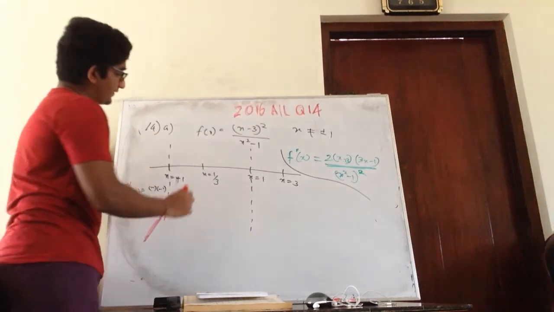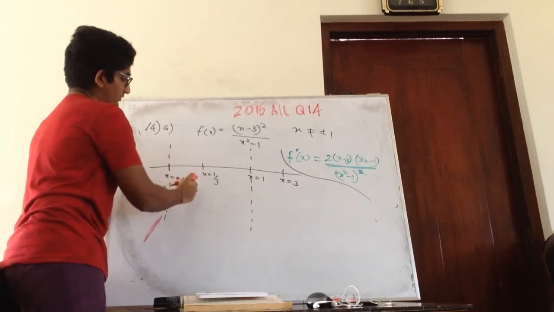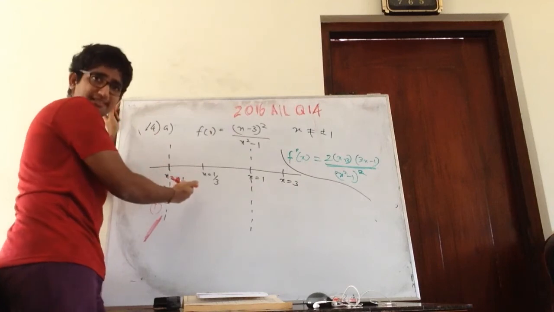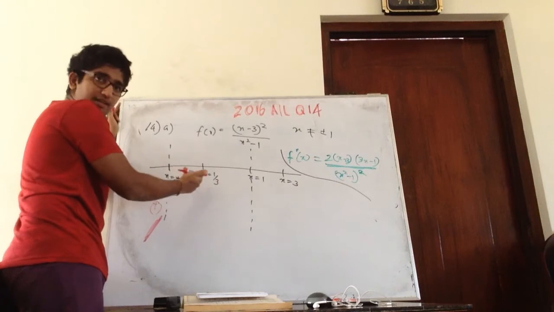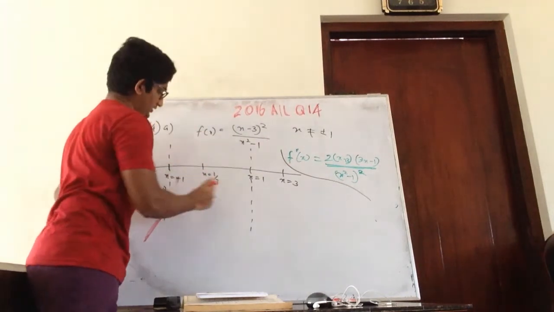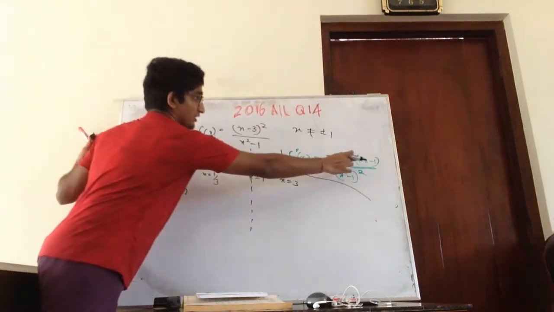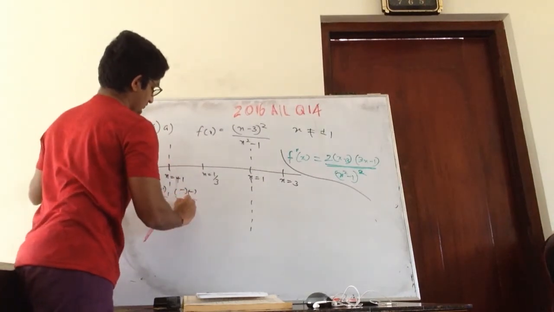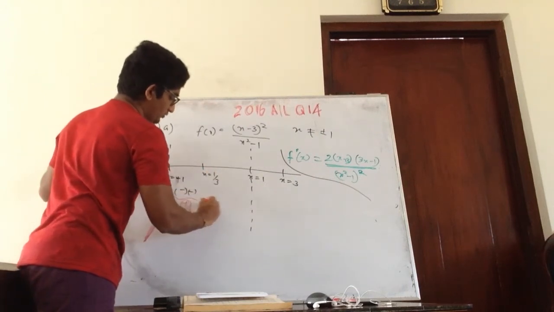Right? Then let's put something in between here, like 0. Because -1 and 1 over 3 is between, so 0 is in between. So if I put 0 here, what will I get? So again minus, this is again going to be minus. So this is going to be again plus. So again this will be like this. So at x equals 1 over 3 it is going to be 0.